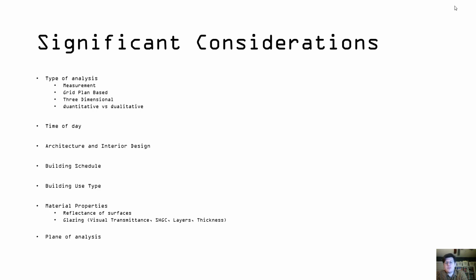Glazing can play a huge role in the amount of daylight that's available, because there are these factors. There's what's called the visual transmittance, which is the percentage of light that's able to pass through a glass panel. There's the solar heat gain coefficient, which is essentially the amount of solar energy that can pass through glazing. The number of layers of an assembly have a huge effect, and then the thickness of that assembly. Right? Because